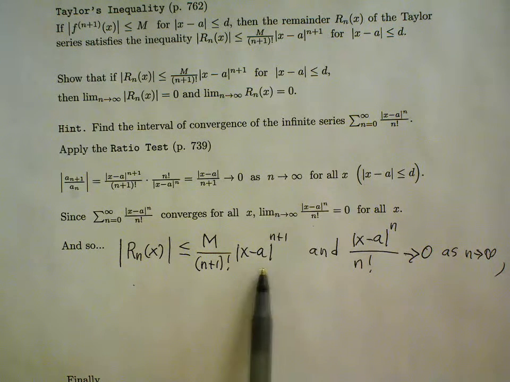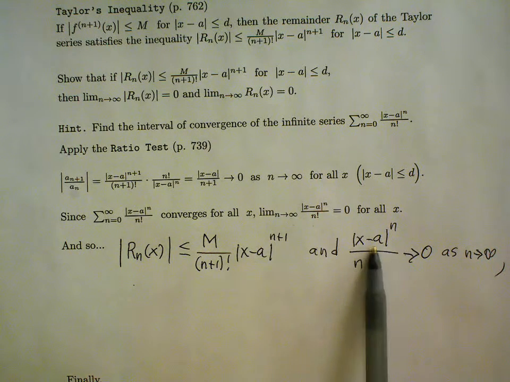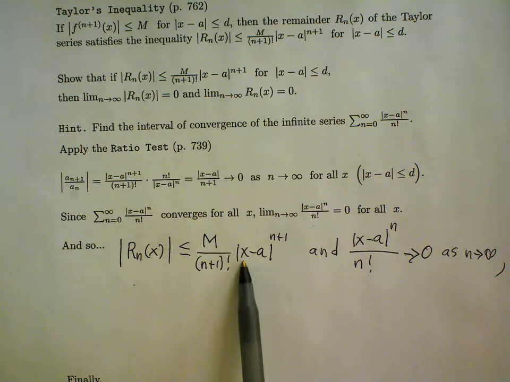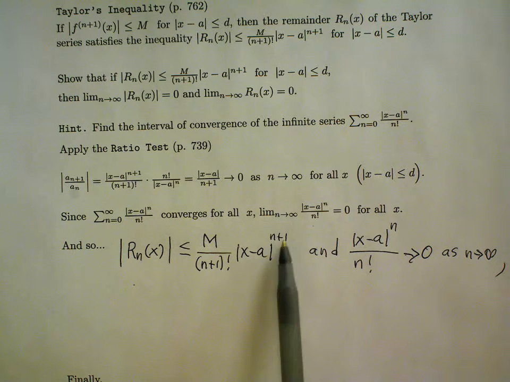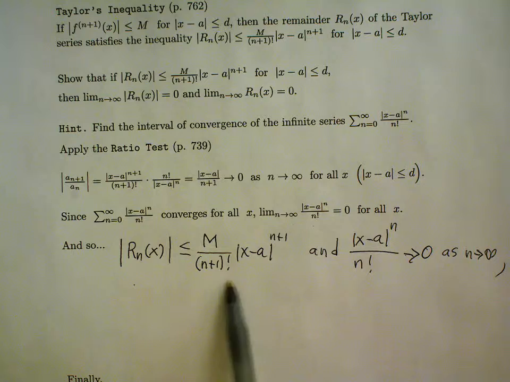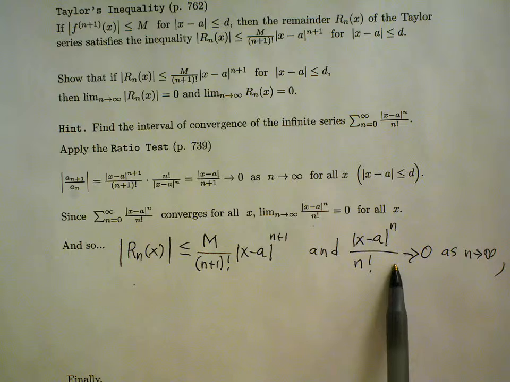Well, the only difference between x minus a to the n over n factorial and the absolute value of x minus a to the n plus 1 over n plus 1 factorial is that they're both from the same sequence. So since this sequence goes to 0,